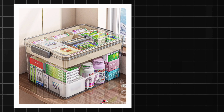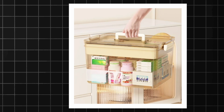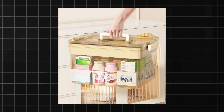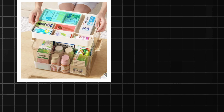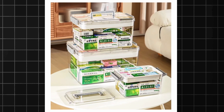Number 10. Multi-Layer Home Medicine Box, your ultimate solution for first aid and medication organization. Made from high-quality plastic, this durable storage case is designed to withstand daily wear and tear, ensuring your essentials are always safe. With its large capacity and multi-layer design, this medicine chest provides ample storage space for all your household